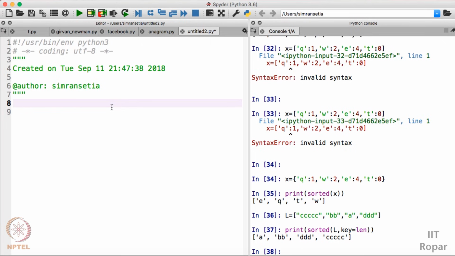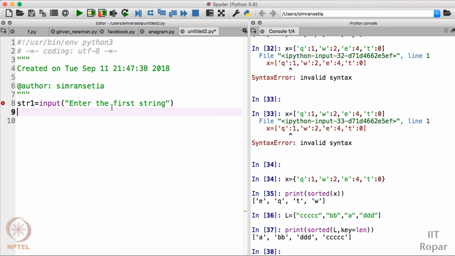Now I'll use this sorted function in our program to figure out whether two strings are anagrams or not. So first of all, we should take two strings. I'll take them as str1 and str2. I'll just write input, enter the first string, then I should write str2 is equal to input, enter the second string.